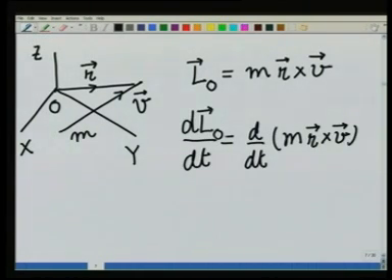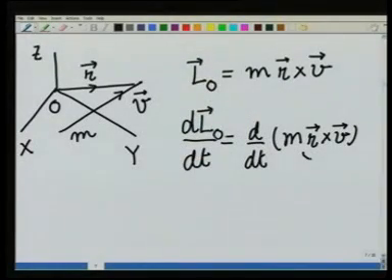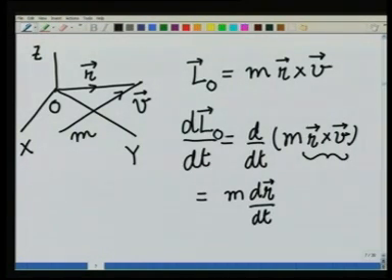I am now going to use the chain rule for differentiation. For those of you who feel a little uncomfortable, I will leave it as an exercise that you take the components of this cross product vector and do it in terms of components, but I am going to write it directly as m dr/dt, that is, I take the derivative of r with respect to time, cross v, plus the second term, because I am using the chain rule, m r cross